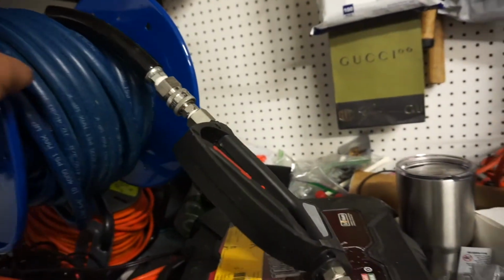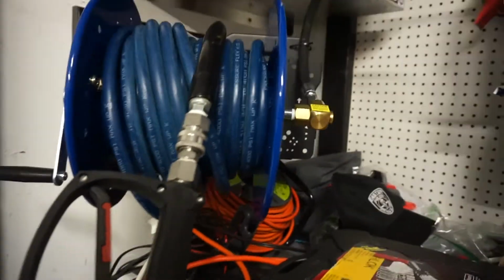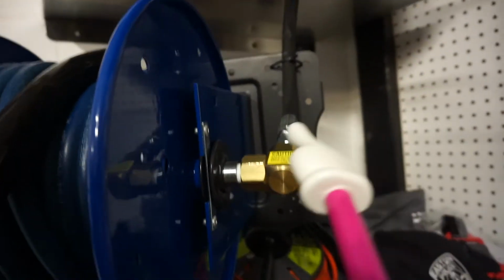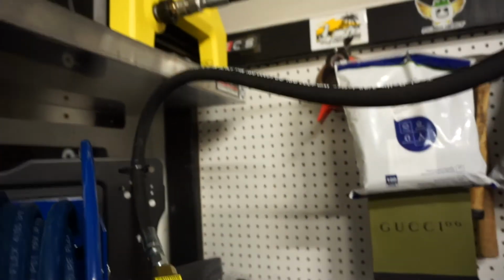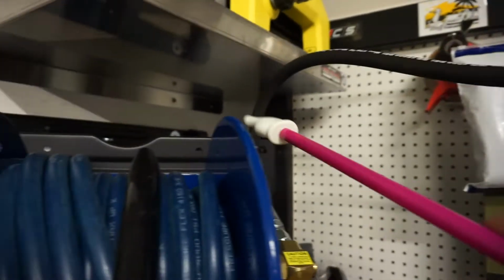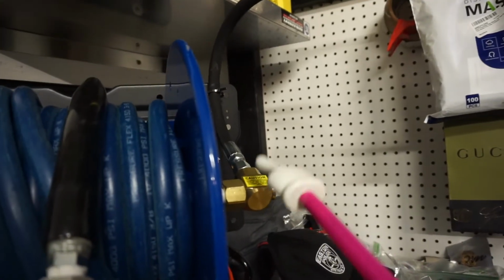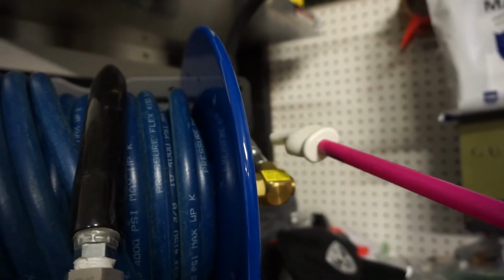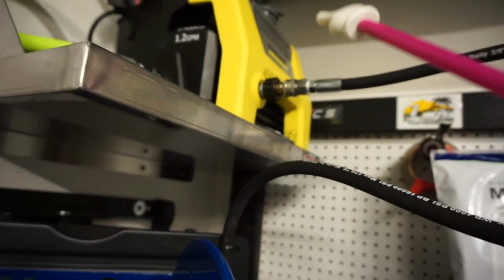This Cox reel is definitely well known, and it's for good reason. Very smooth operation, works good. And then here, you have your swivel NPT connection. This is the jumper hose right here, so I just have it currently zip tied. So yeah, we have that there. So the NPT part goes in here, make sure to swivel, and then the stationary one, the 3/8, we have